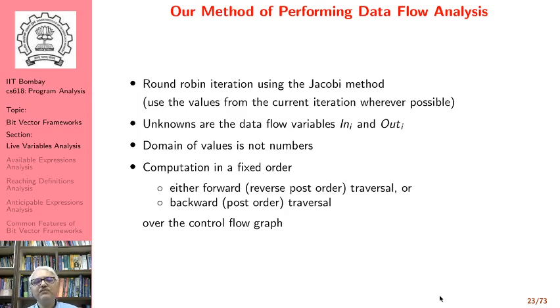In a post order traversal we visit a node only after visiting all its successors. In a reverse post order we visit a node only after visiting all its predecessors. Of course, in this case the predecessors and successors along the back edge could not be visited, they are ignored. We will talk in more detail about these post orders, how they are defined, how they are identified, and what happens to back edges, etc., when we talk about the complexity of data flow analysis in module 2 of this course.